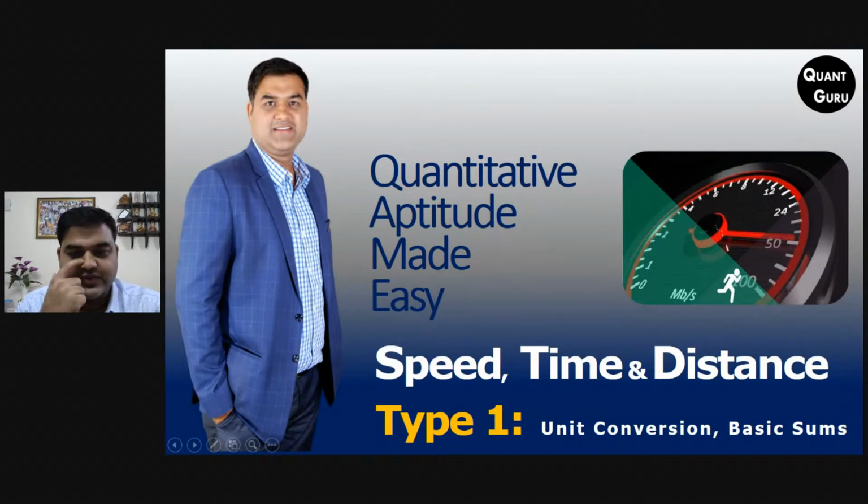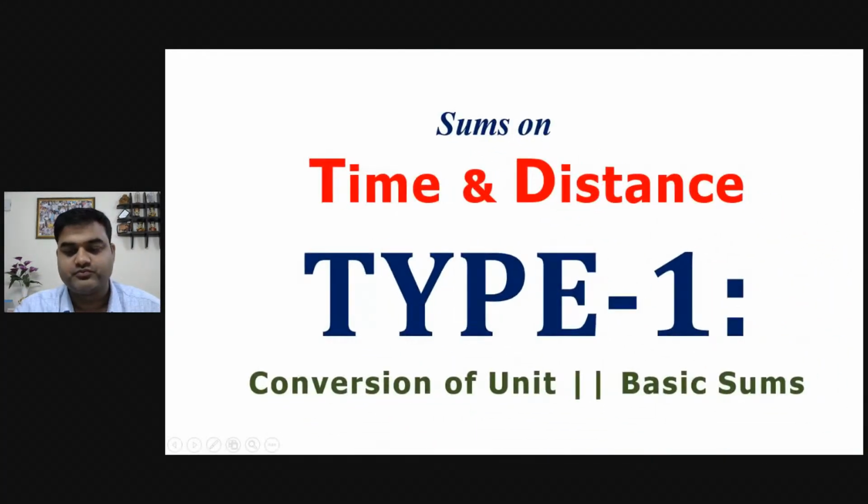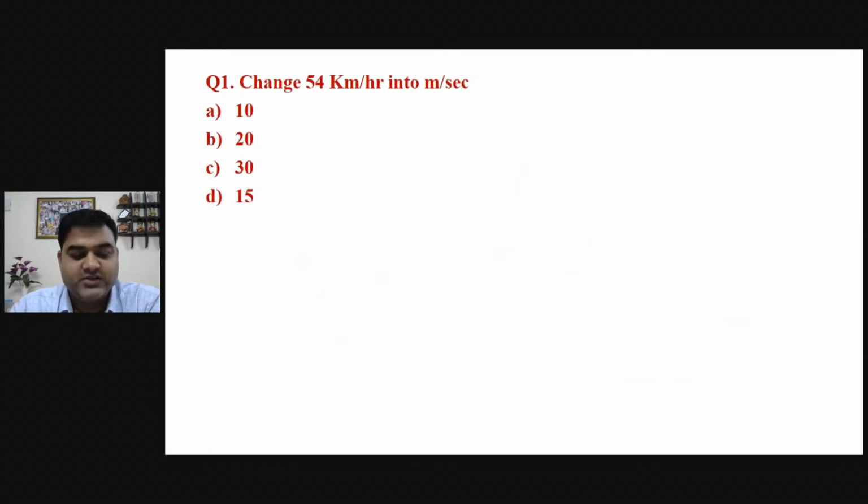Okay. So, we are going to start with type 1, wherein we will be talking about unit conversion and basic sums. Basic sums on speed, time, and distance will cover changing kilometer per hour into meter per second. So for this, we should remember when we are talking about speed, time, and distance,